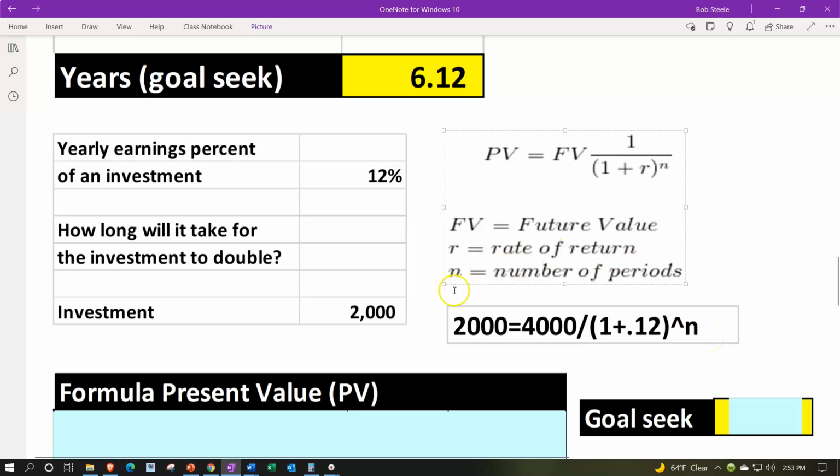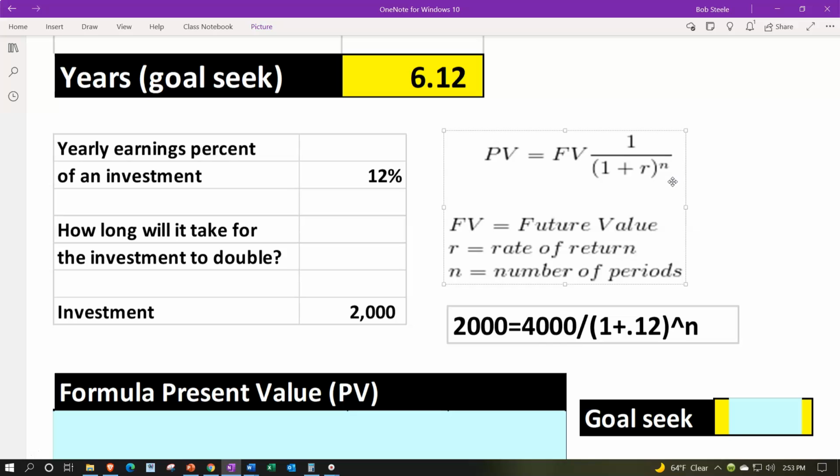Once you have it written algebraically here with one unknown, you can then solve for the unknown. We're not going to work the algebra from here. I'll let you work the algebra if you want to solve it in that format. What we're going to do is take this data here and put it into a format of a table, not reworking it and solving for n, but rather putting it in just as it's shown here in this format, practicing how to put an equation into a table type of format similar to a tax return or financial statements, and then seeing the unknown component as n as part of the equation